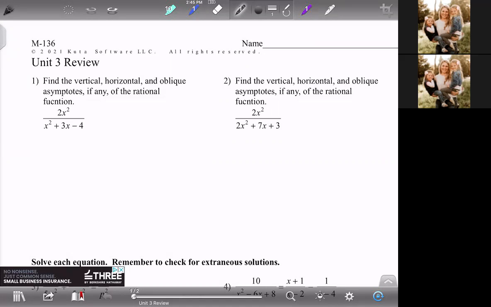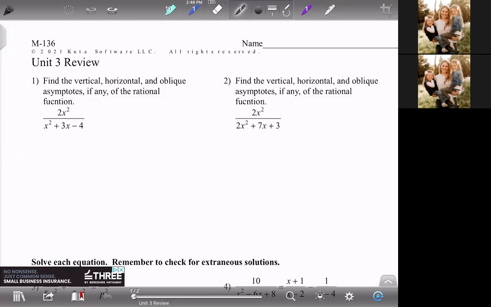We're going to go ahead and get started on the Unit 3 review. We're just going to work through the problems here. Hopefully you've got most of them done already. So if you got them done, just check your work, see where any possible hangups might be before your quiz